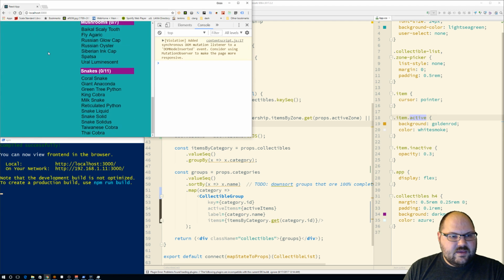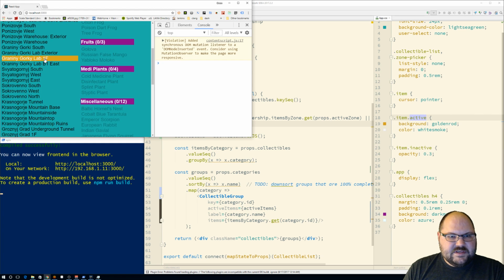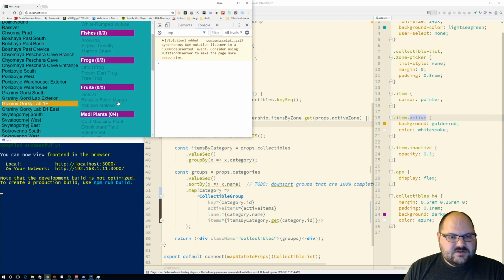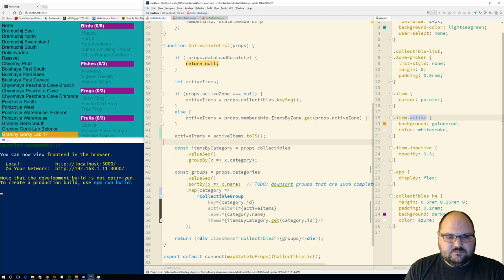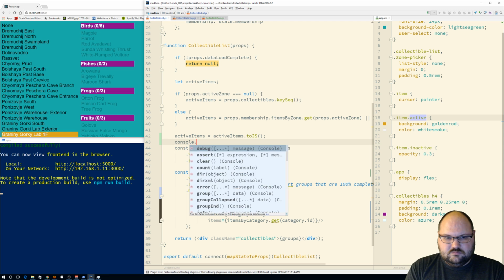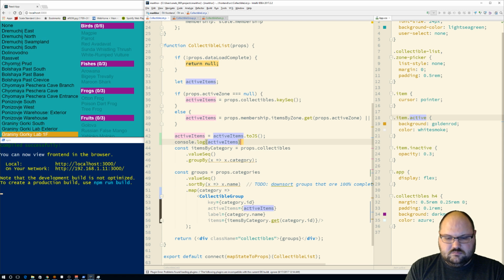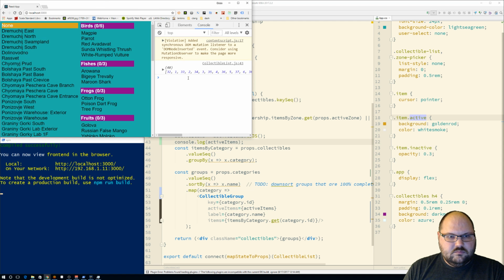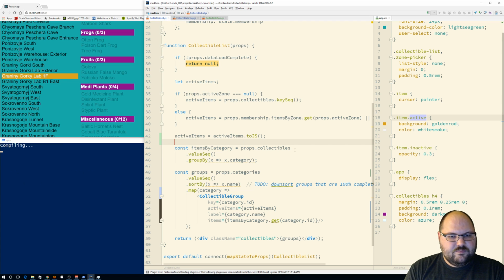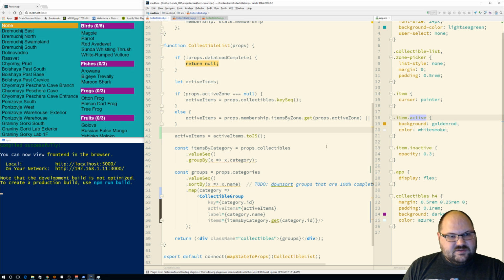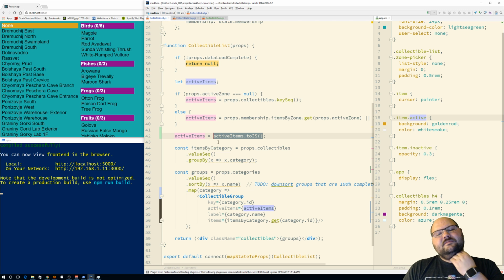I also want to verify that it works with the empty case. So that should be an empty array now. I'll go back to the collectible group, and let's see. I guess I can do it right here. That should be an empty array, which looks like it's doing the right thing. So that's good. And so toJS is